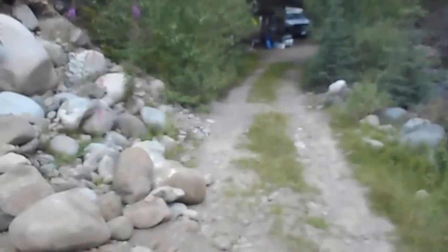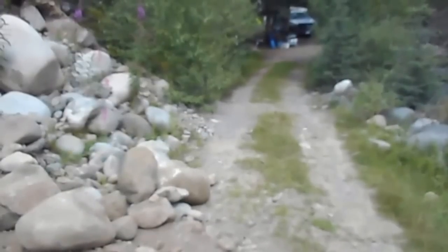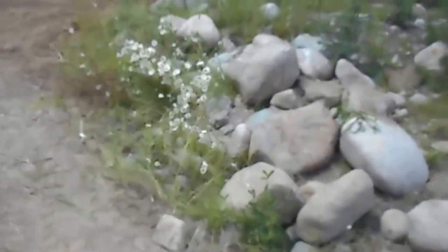I'm going to take a little bit of time and clean up the road a bit. Some previous prospectors let tailings go across the road. And I'm going to just take the bobcat and move those tailings off the road. And clean up the road into the campsite here. Because it's a ratty old thing. I'll clean it up with the bobcat so campers can come in here and easily